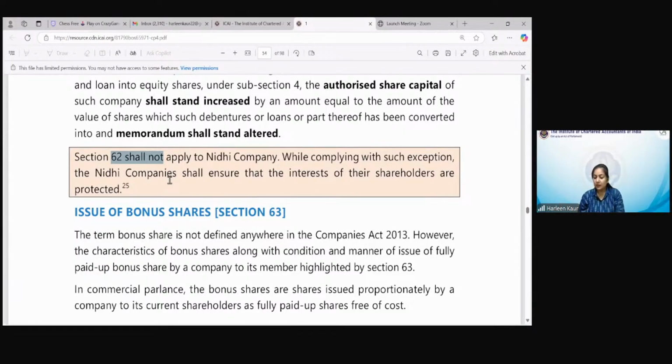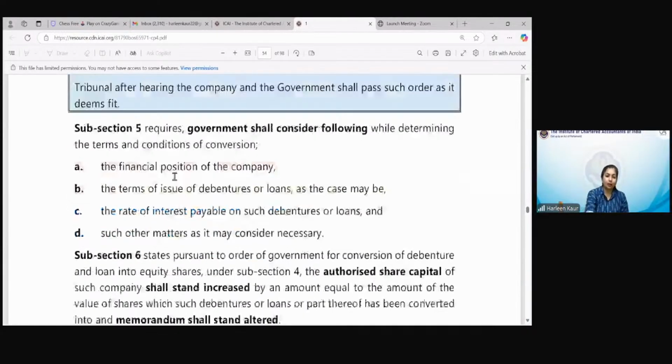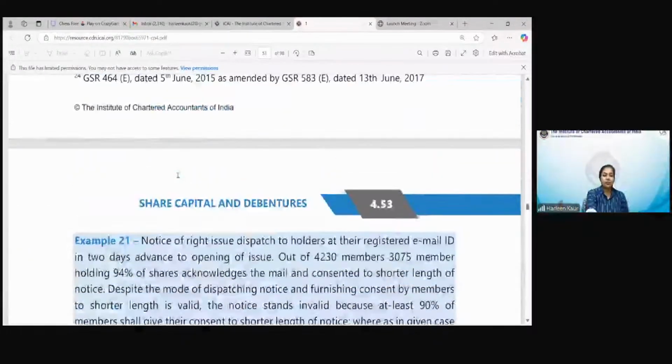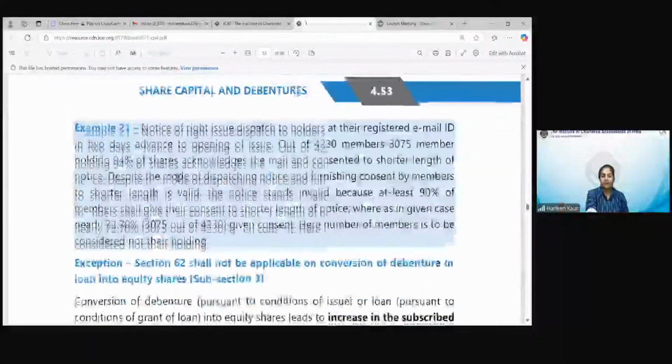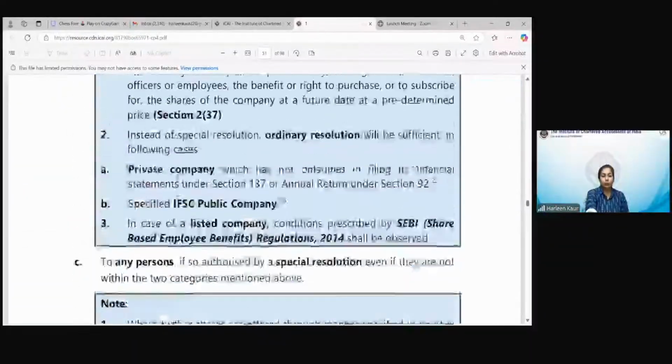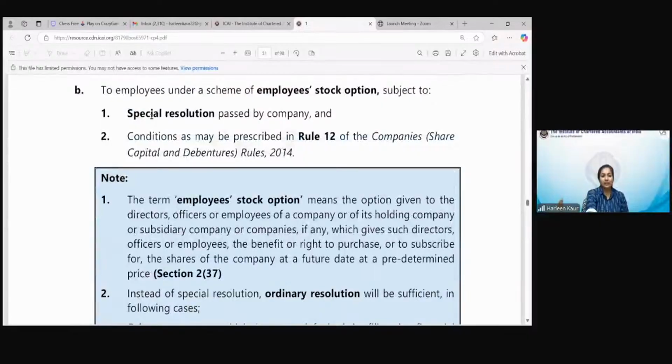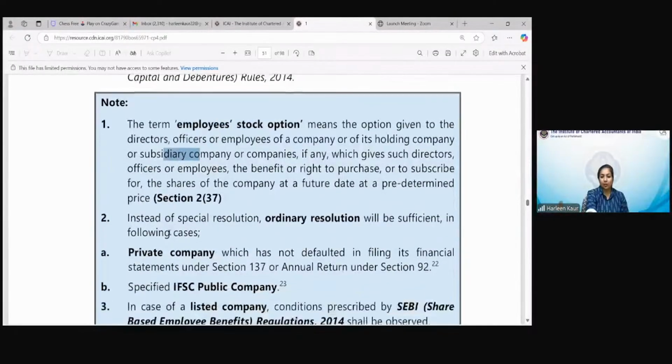So ESOPs is something which is not taken up in detail over here, but you should remember these points. Rights issue we have done extensively. Related to ESOPs, you simply have to remember these points: that a special resolution will be passed and the shares can be offered to the employees of the subsidiary and holding company. A benefit is given for the shares at a future date at a predetermined price. So there is a certain date on which the exercise price is given,